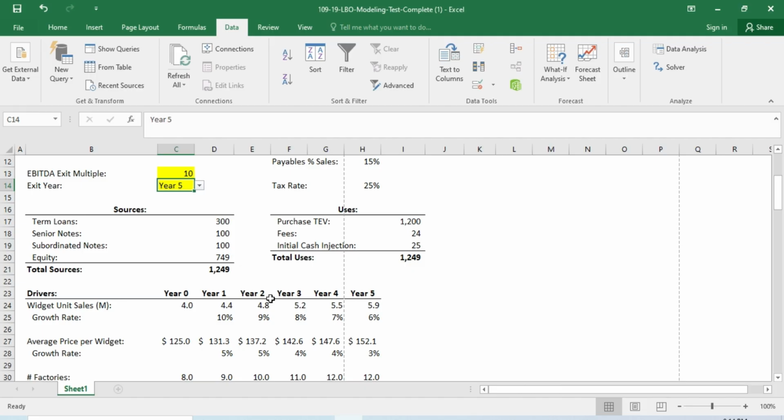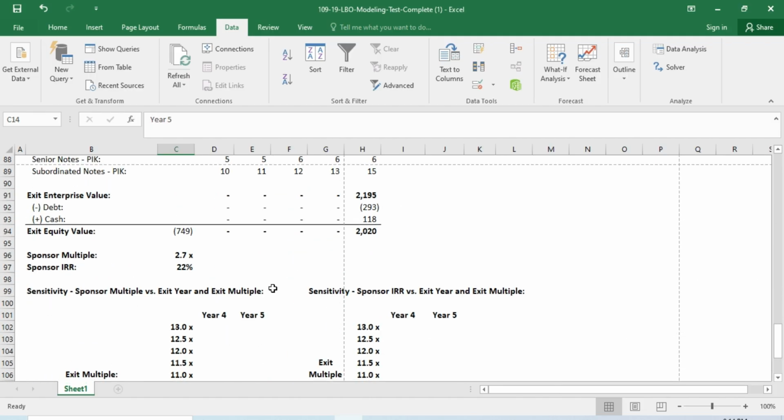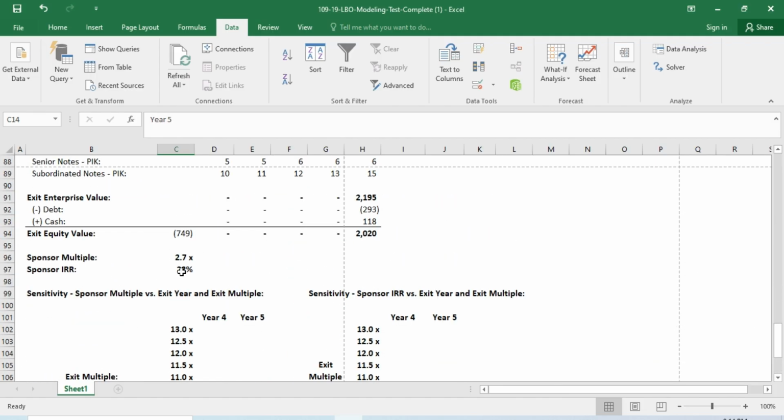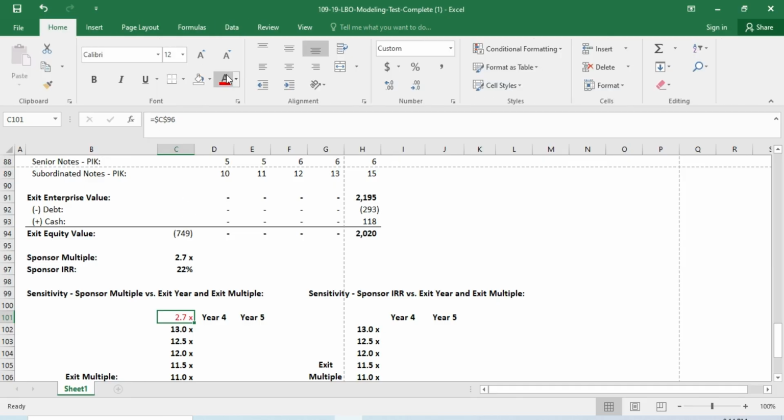Just sum this. 118. Okay, now if the enterprise value assess that in this asset as equity value. Whenever we